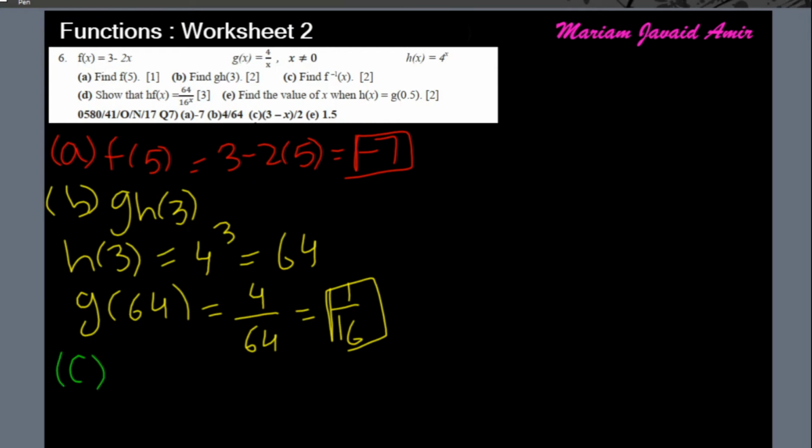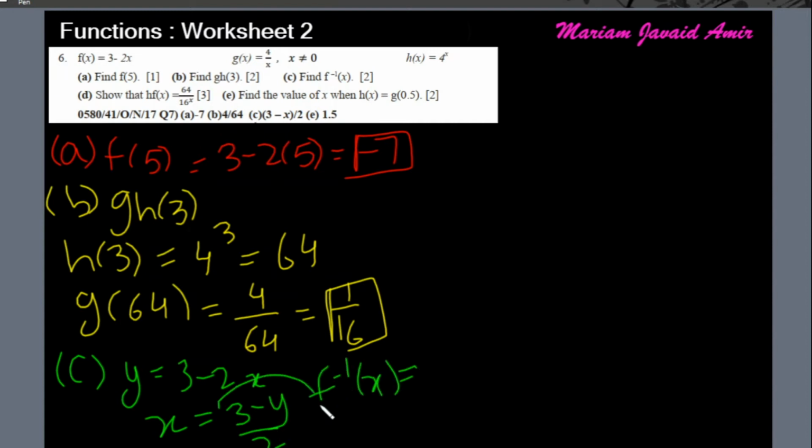Part C, find f inverse of x. So we'll write y is equal to f(x). Next, make x the subject. So we get (3 - y) over 2. This would be the answer, but change y to x. (3 - x) over 2. Part D,